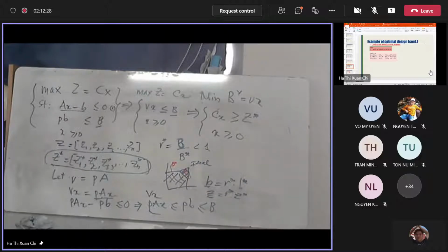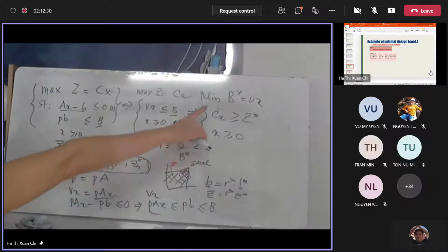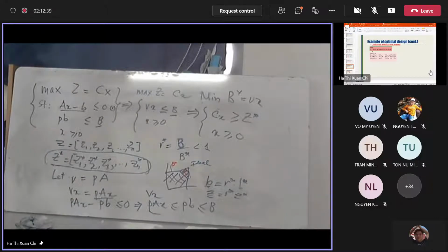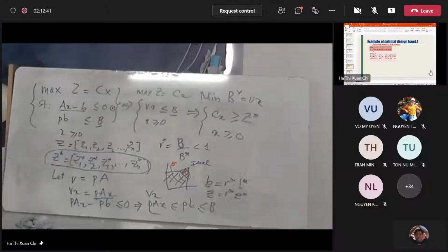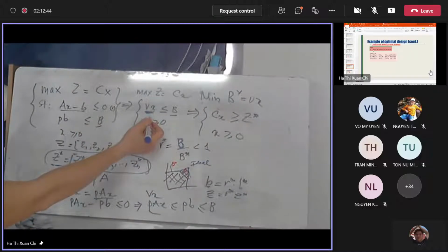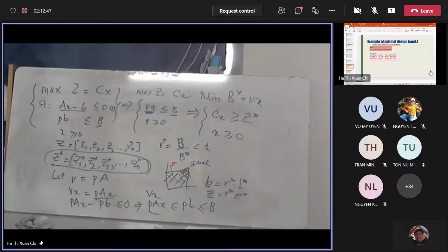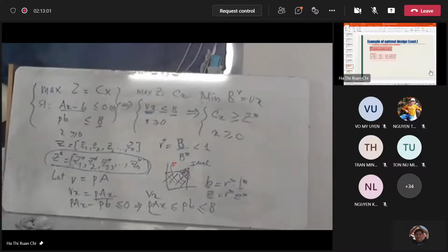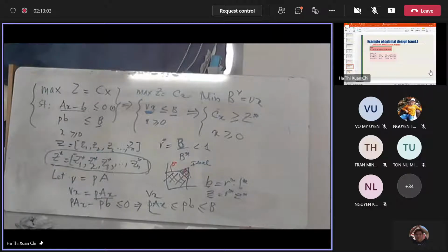So next, we transform this one to become b star. So b star, that is Cx, Vx, sorry, Vx here, everyone. Vx means from the constraint, right? Here that is the Vx. So we take the sum of them, sum all here will be equal to that number. So b equals Vx.